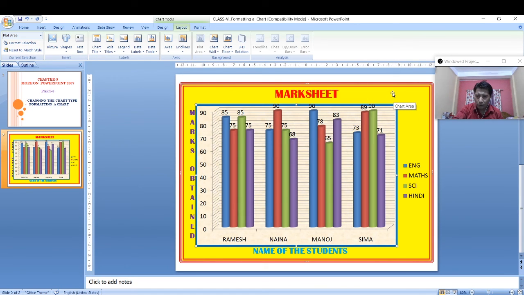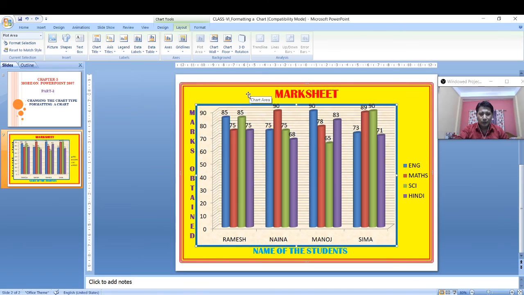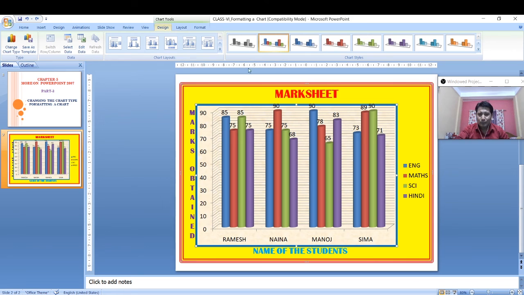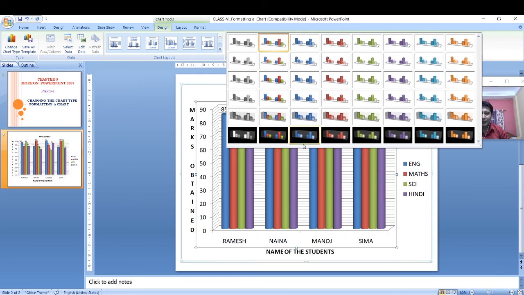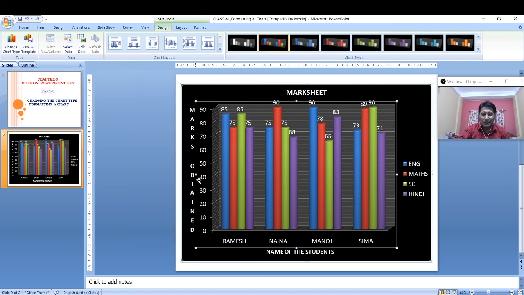So you can use the solid color, you can give the gradient fill, you can also use the texture or the picture. Okay, now let me go to the design tab once again. In a design tab, under the chart style group, you will get different types of chart styles that you want to apply. Okay, so simply click on it. Accordingly, the chart will get displayed. So if you click on this drop down arrow, you will get different chart styles that you want to apply to your chart. Click on one of the chart styles. Accordingly, the chart will get plotted.